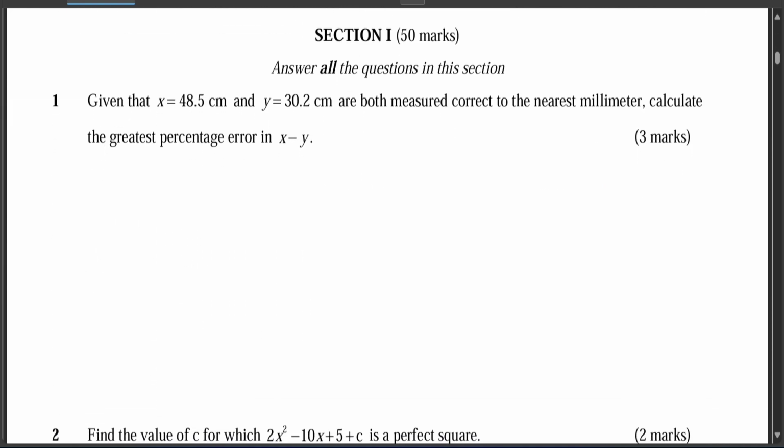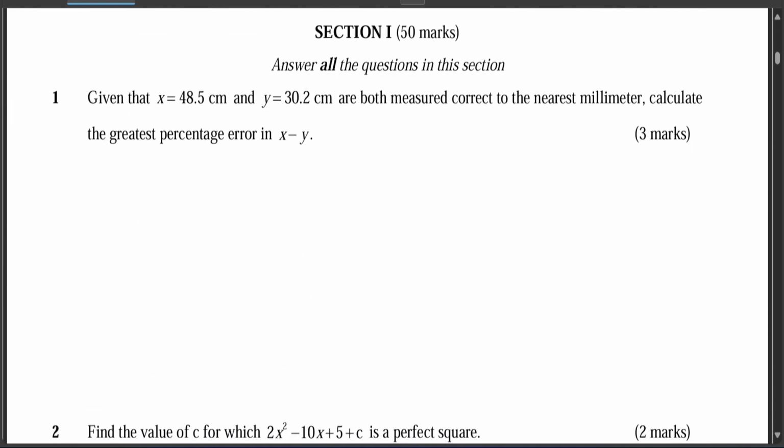Okay, so under section 1 we have question 1. Section 1, just like usual, has 50 marks, and all of those marks are quite easy to get. Question 1 asks: given that x equal to 48.5 centimeters and y equal to 30.2 centimeters are both measured correct to the nearest millimeter, calculate the greatest percentage error in x minus y. So far, I think that is very easy. So let's